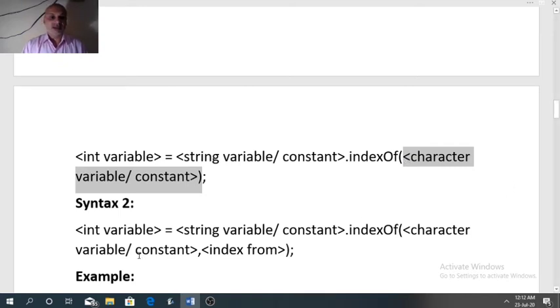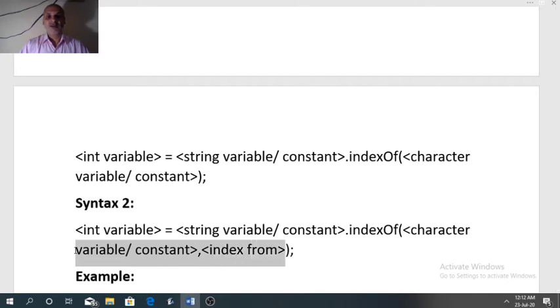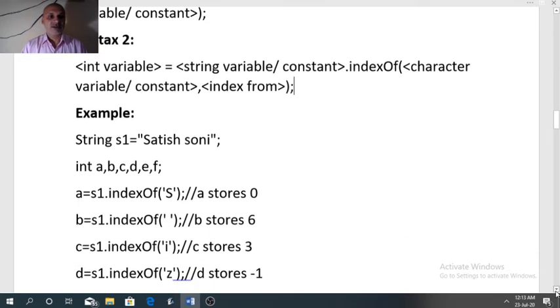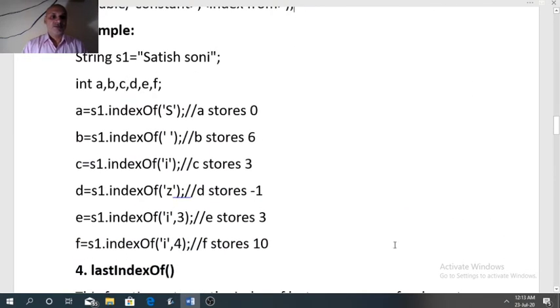Now the second syntax: with the character argument, we can write the index also. It means from which index we want to start searching. Now see the other examples that are related to syntax 2. E equal to s1.indexOf('i', 3).